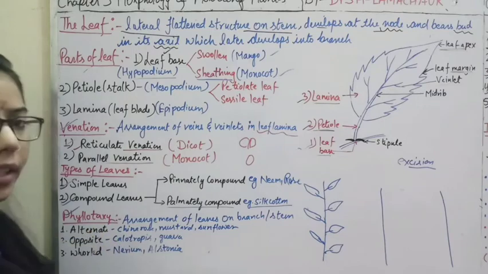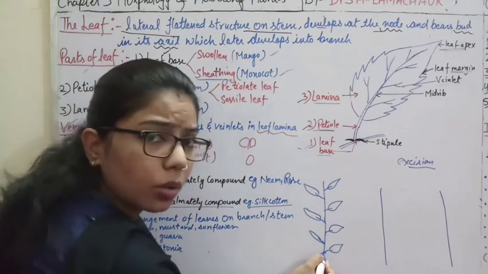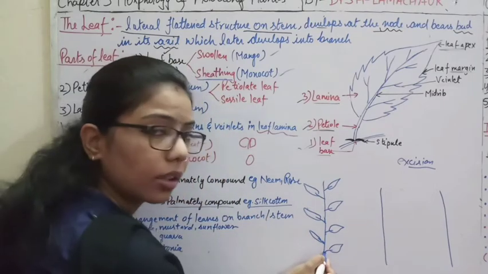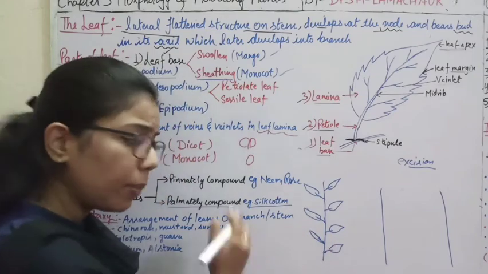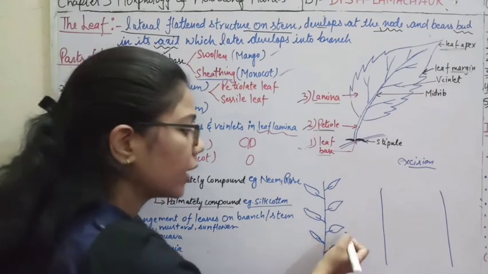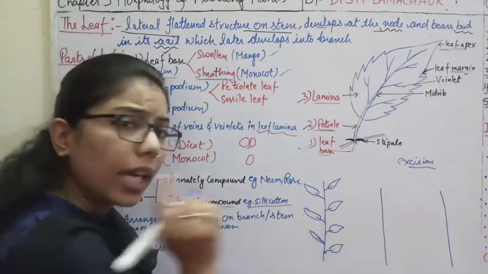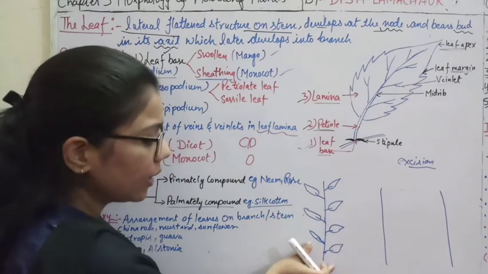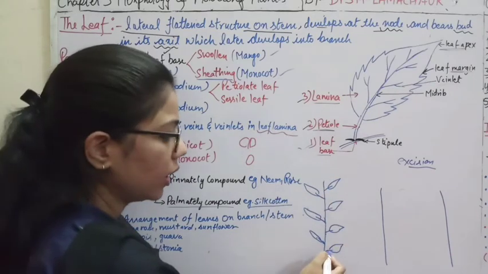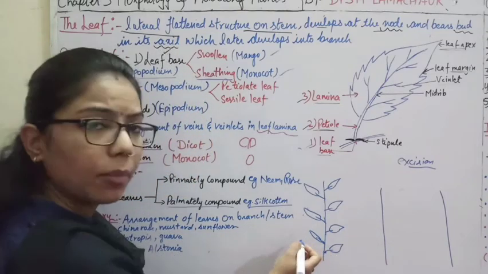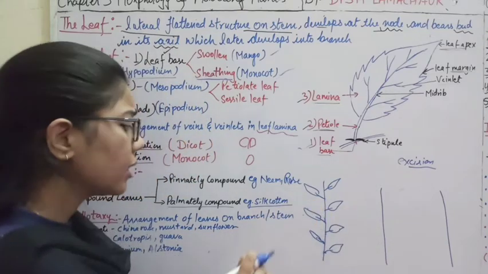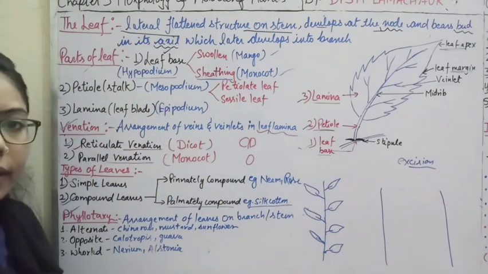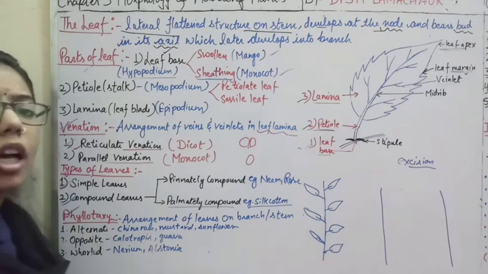So how are the leaves arranged in this plant? Here it is alternate. What you are observing is that at each node only one leaf is arising, and at another node again there is only one leaf, again one leaf. So at each node one leaf is present, and they alternate with each other. If the left side is here, then the right side will be this side, left then right. Like this there will be arrangement of leaves on the plant, and that type of arrangement is known as alternate. Clear?